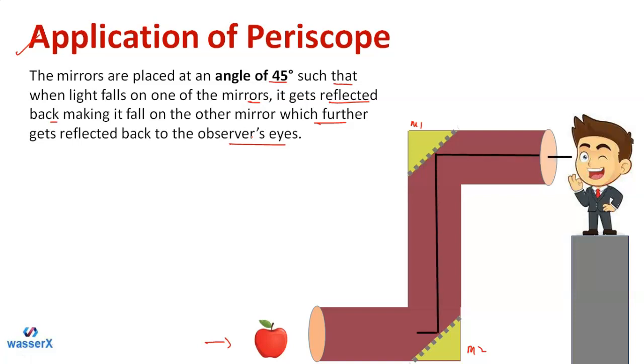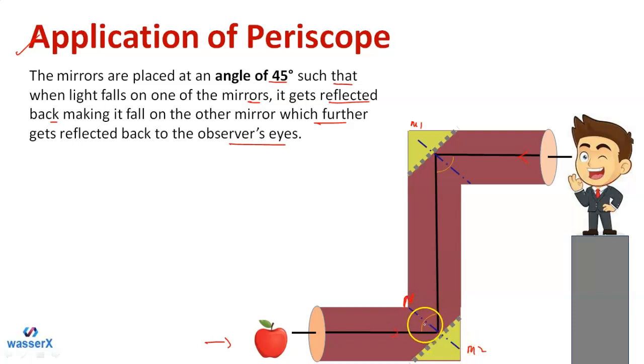So let me show you something. Students, as you can see, this is the sight of the observer. You can start from here as well, that's your choice. If this is the object, there will be some reflection of this object on this plane mirror, which is positioned at an angle of 45 degrees. When light from the object falls on this mirror, as you can see, this is N, the normal, this blue line.